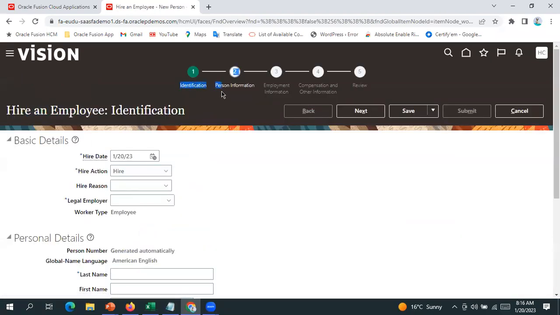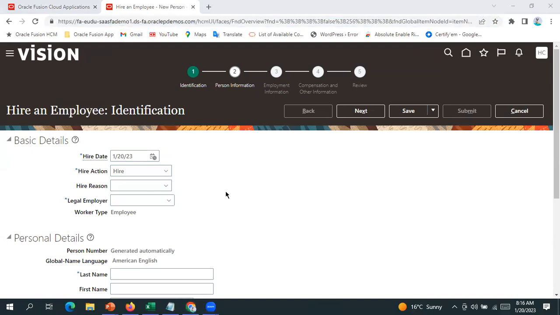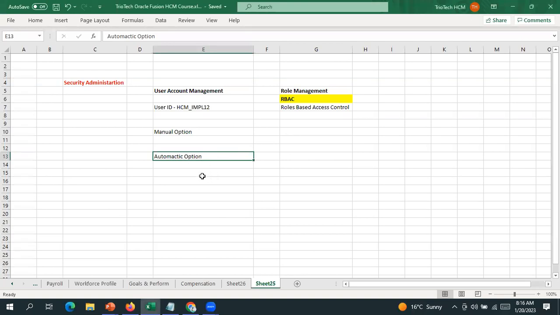Team, we have a couple of tabs coming up here: identification, person info, employment. One by one, they will capture all the details and click on submit. The employee record will get created in the system. Team, so whenever hiring happens in the system, automatically the application itself will create the user accounts for the employee. In automatic, team, whenever hiring